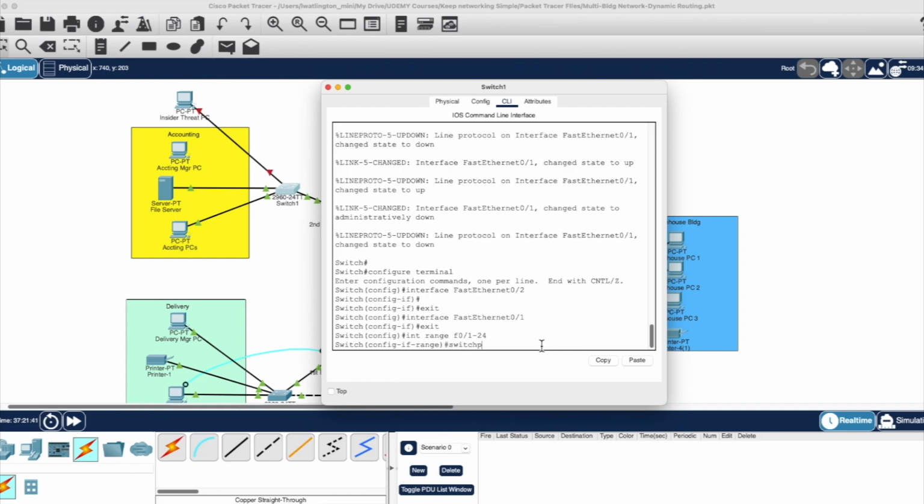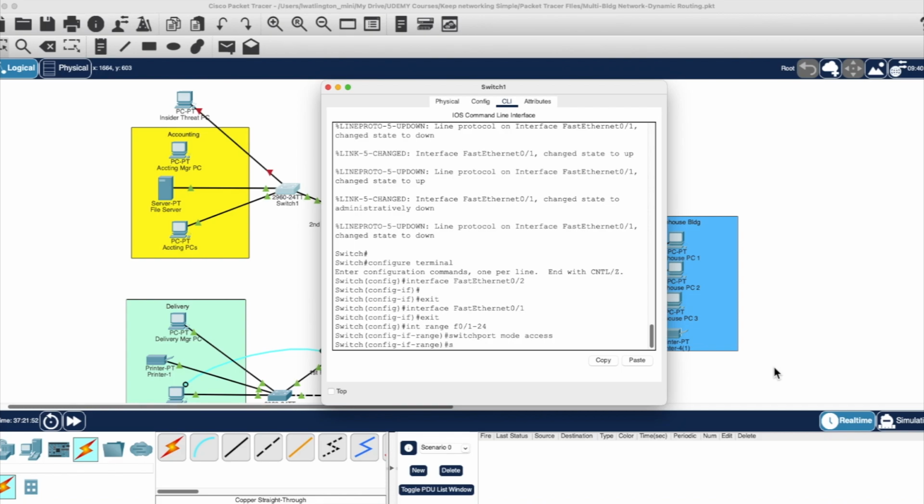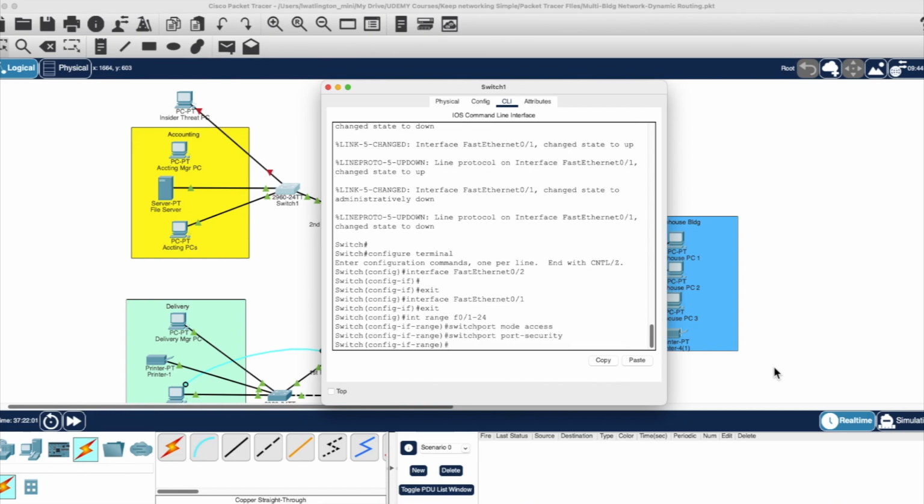Okay, and switchport, again the mode access, and again it helps if you spell it correctly. Switchport port-security. Okay, and now again switchport port-security maximum 1. And what that is going to say is that all 24 ports on this switch are only authorized to